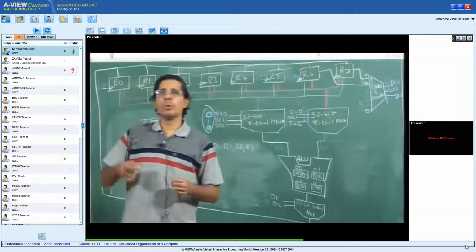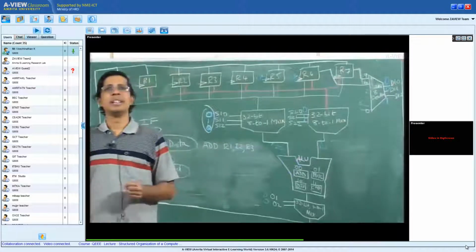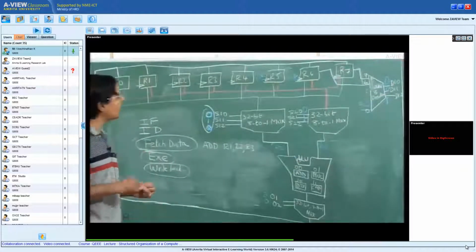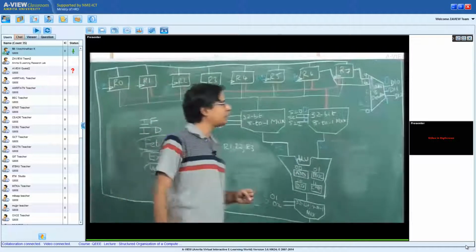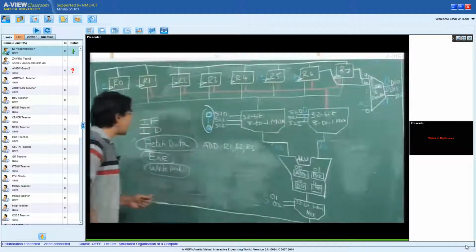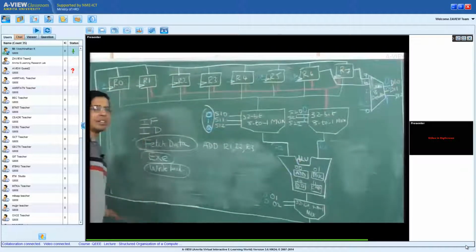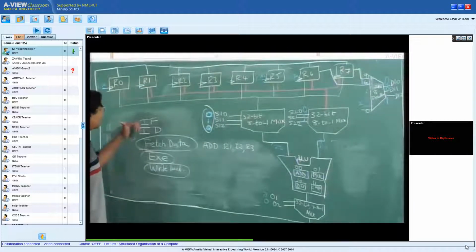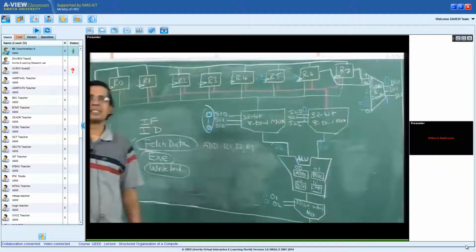So now the next step is to go and see if we can do anything in this regard. I would like to use every stage at every point of time. I don't want these stages to be idle.